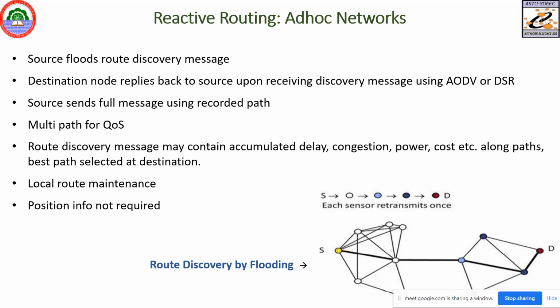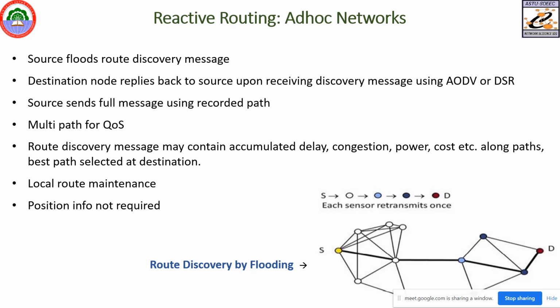So proactive means before initiating the transmission or before starting that communication process, it will have the knowledge of each and every event in that particular transmission. That is, it will know the location of the source, it will know how many intermediate nodes are there between source and destination, and it will know how much time is required to transmit that particular information. So this is called proactive. That means before initiating the transmission, it will prepare for everything, it will know everything, then it will start the